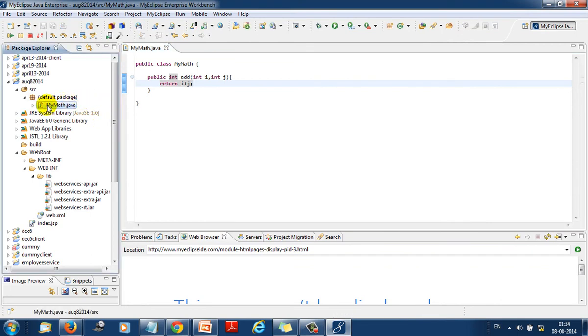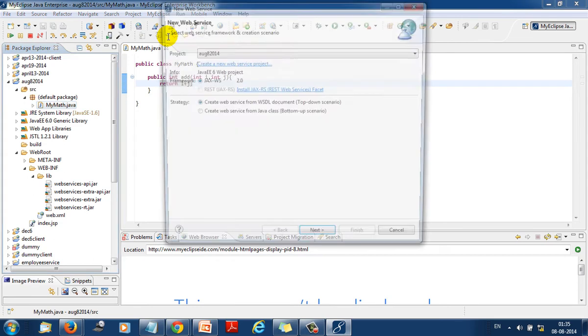You select the program, that is the myMath program, and then you pull down the new web service wizard. It's a small icon. You should note it very carefully and choose it. Now we have to follow the steps provided in the wizard, which will generate the complete web service for us.